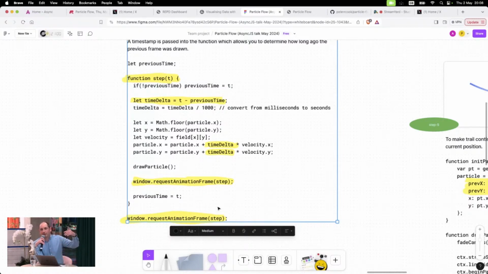We also make a note of the previous timestamp. That allows us to figure out how long it's been since the previous animation frame. So say it's been half a second since the previous animation frame, then you can calculate how far the particle is moving. You basically multiply the velocity by